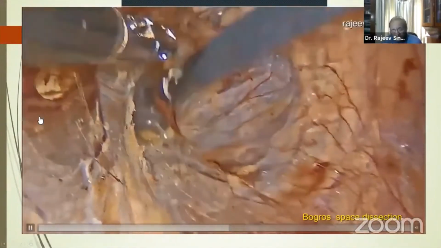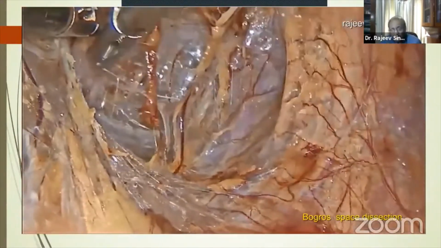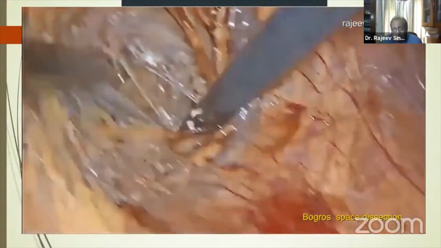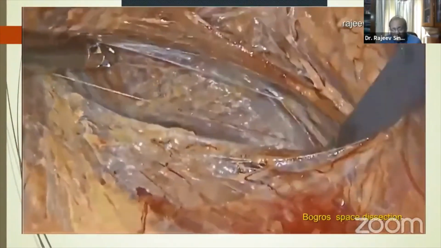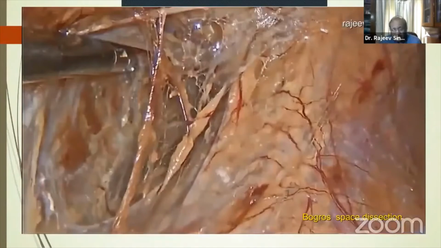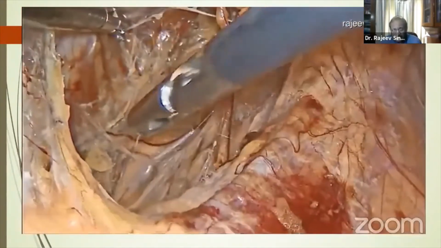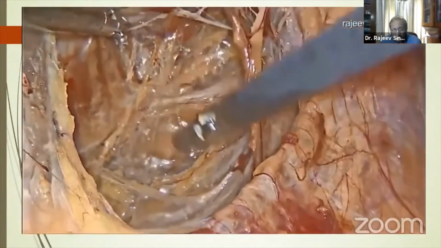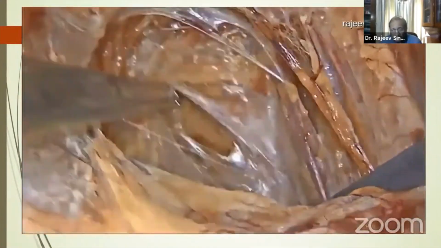Initially, when you're doing it for the first or second time, I usually managed to damage the peritoneum when I was putting in this umbilical port. So later on, we decided on doing it with the needle and then pushing in the port very gently and under direct vision. So you don't puncture the posterior rectus sheath.